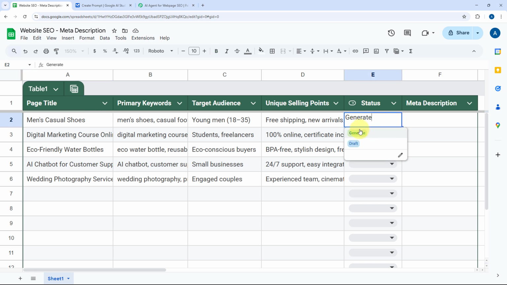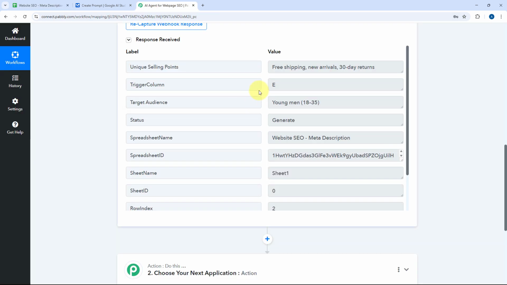Either we can select generate or we can select draft. Now we want that if I am selecting the status as generate, only in that case, using this AI agent, we want to generate the meta description and add it over here. If you are entering the details and selecting the status as draft, in that case, we don't want to generate the meta description. So here, to ensure this condition, we are going to set up a filter